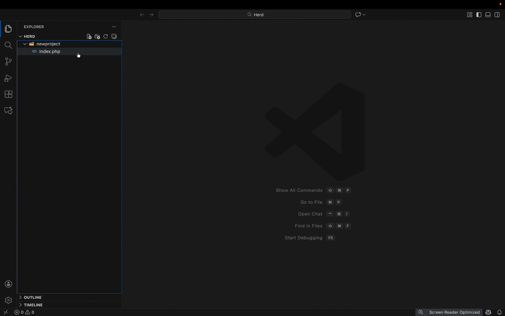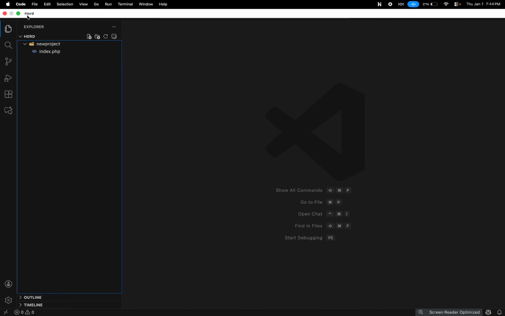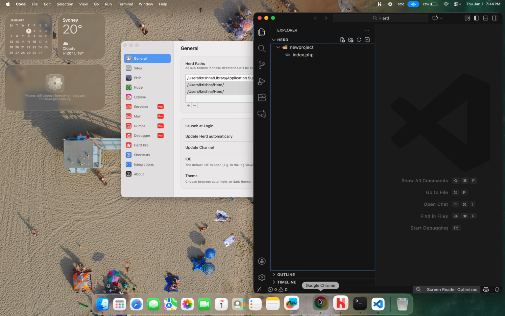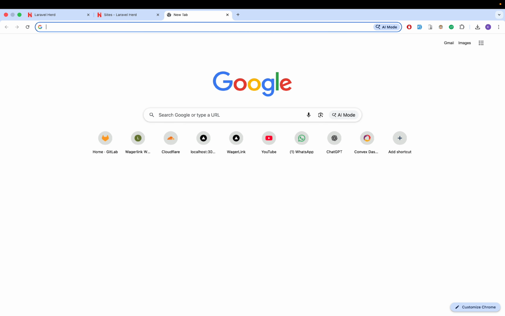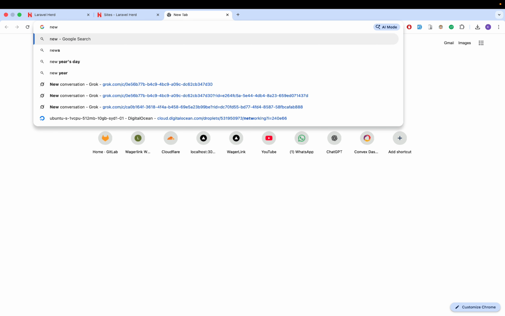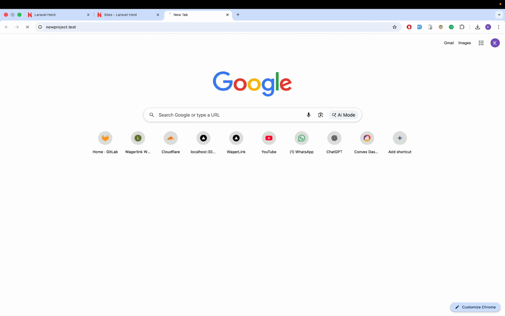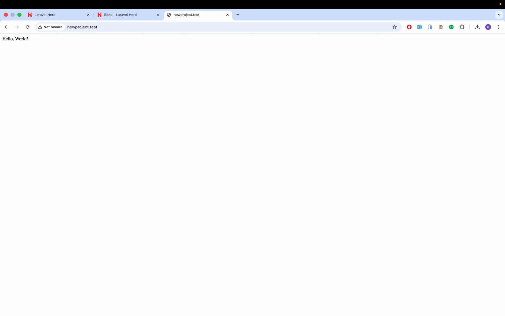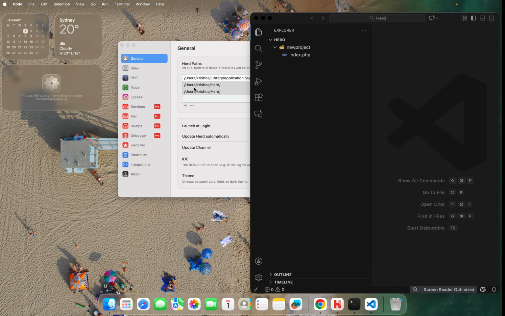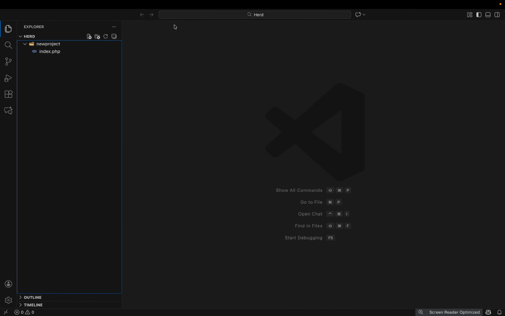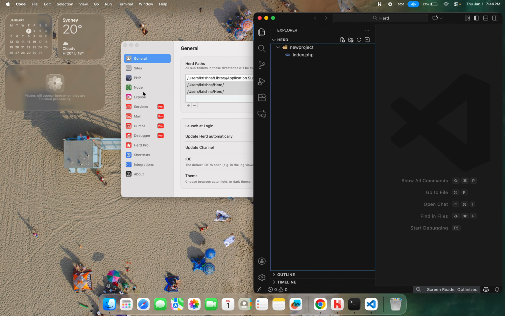Let's save it, and then let's run the server. So what we can do is go back to the browser. Yep. So whatever name you give over here, that becomes the project folder for Herd. You can also check the Herd project in sites